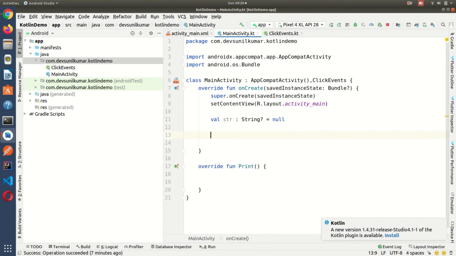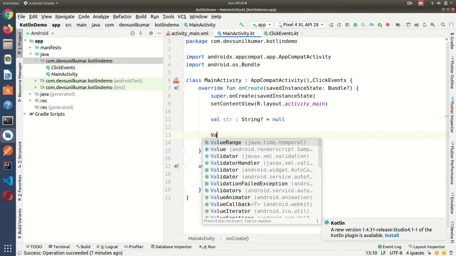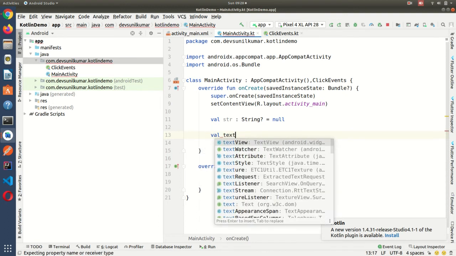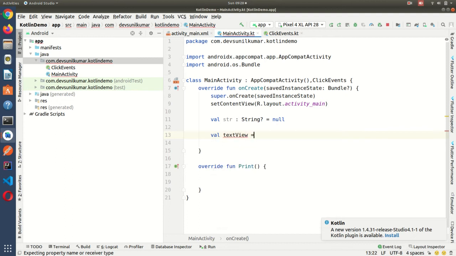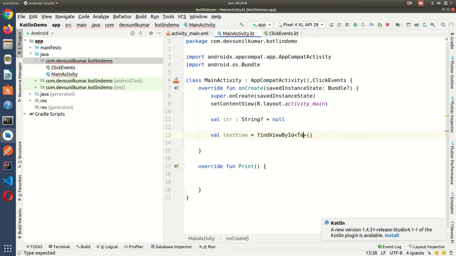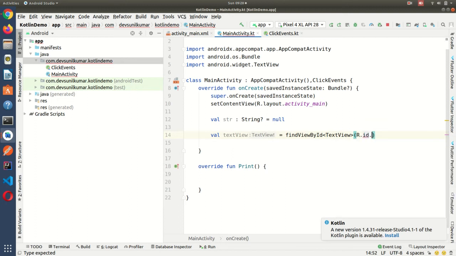Now I want to set the text view. val textView is equal to findViewById R.id.textView.